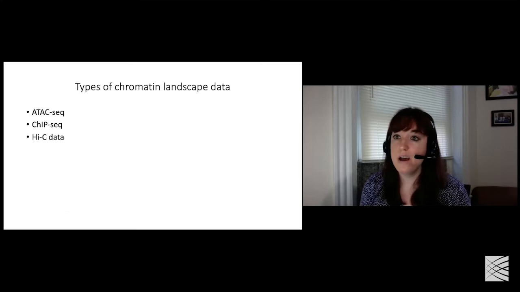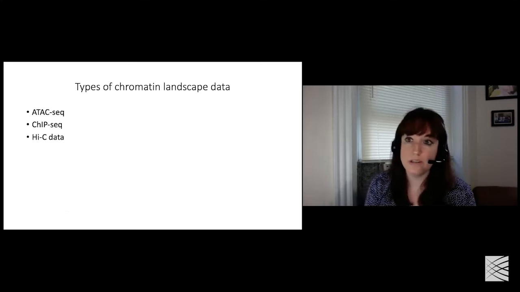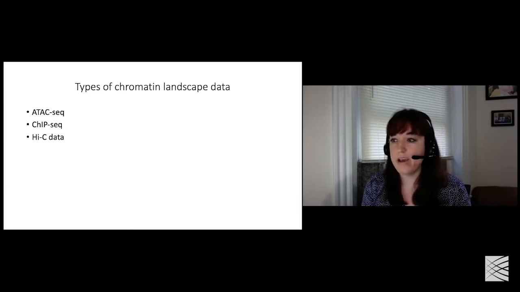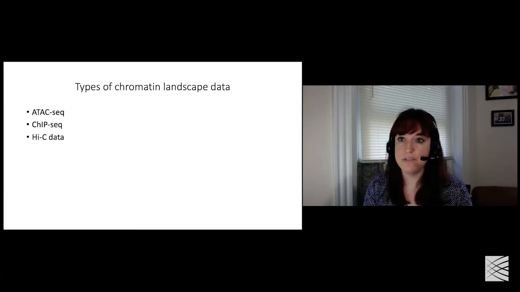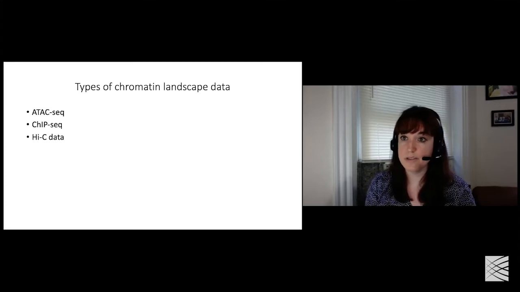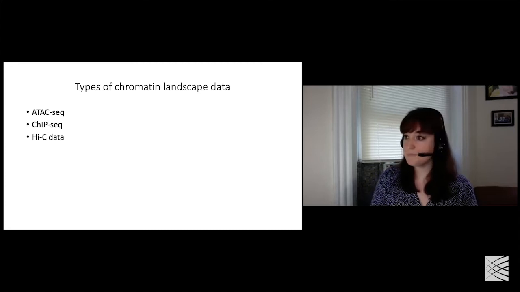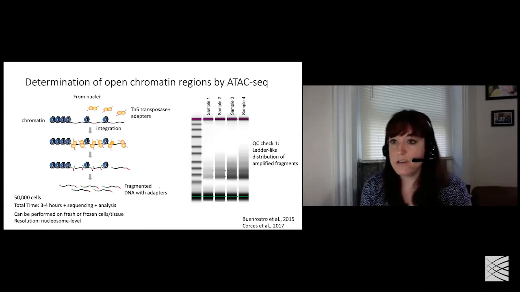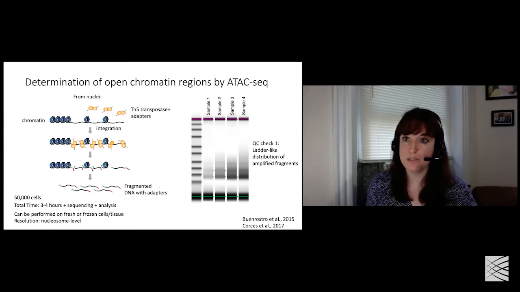So we have a lot of different ways to look at the chromatin landscape. We can look at open and closed chromatin by ATAC-seq. We can look at where proteins are bound to DNA via ChIP-seq, and then we can look at long-range chromatin interactions via Hi-C. And I'm going to touch briefly on each of these techniques, the pros and cons, and how we can integrate these with RNA-seq to determine gene expression patterns. So ATAC-seq is a relatively new technology. It arose in the mid-2010s, and it is a way to look at regions of chromatin that are open in